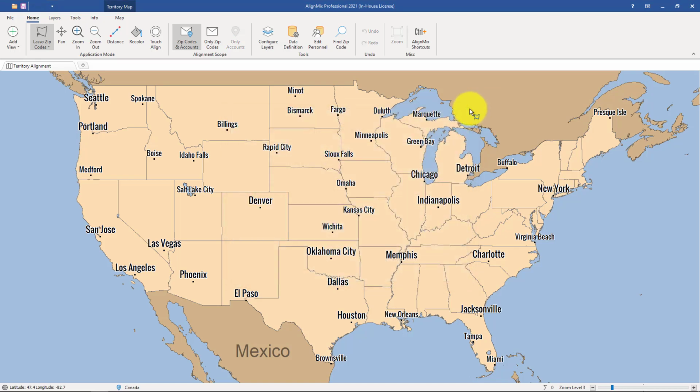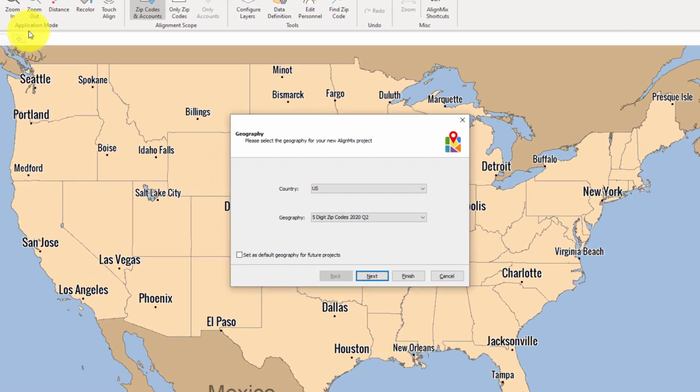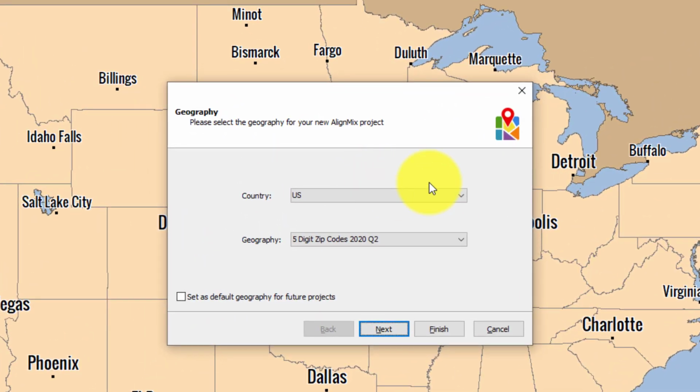So let's click on the X here, and now let's imagine we're starting a new project. And you would do that by clicking on File and click on New Project. Here we can choose what our base geography should be for all future projects, basically changing the default settings for